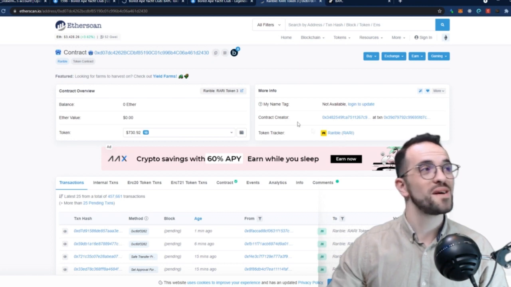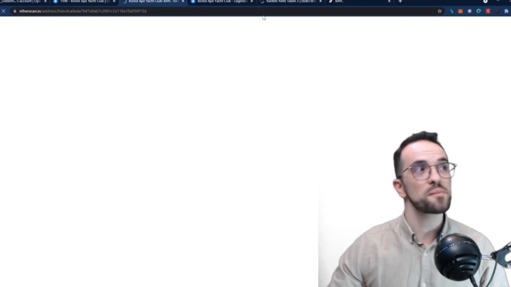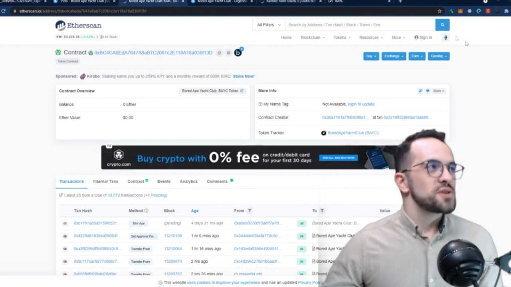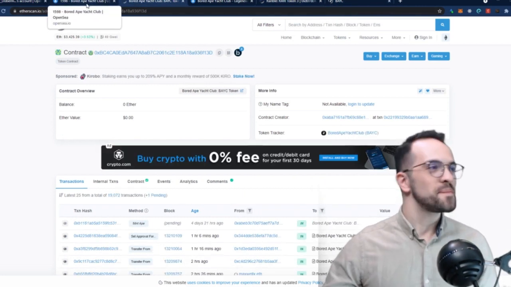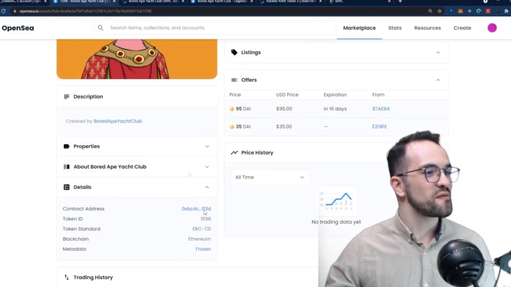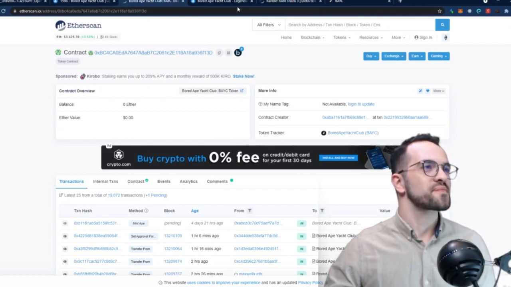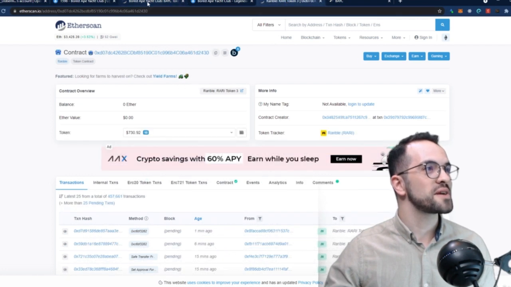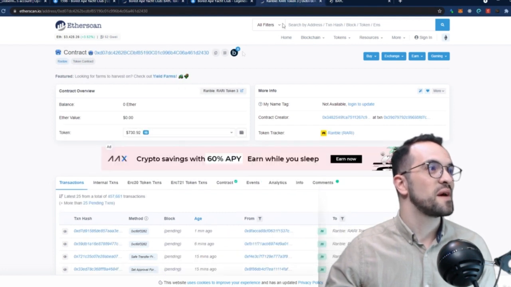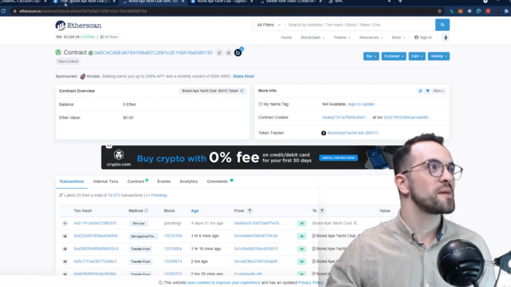It's not even from the same marketplace, because you can go and mint an NFT on Rarible, and it's not the same thing. So this is the smart contract of the official address that you can find from the official Bored Ape Yacht Club. And when you compare it, you can see, right? You can see that this contract address is different from this one, totally different. So be careful every time you want to buy